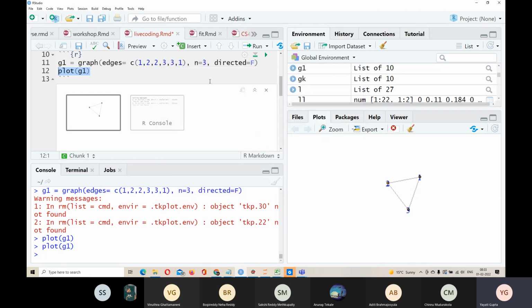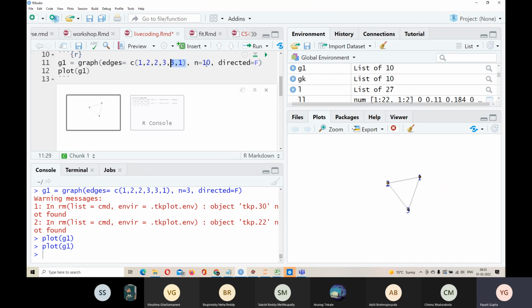Now, what if I make this n equals 10 here? Any idea what will happen? Just a guess. Now I am creating 10 nodes. So n here tells you the number of nodes. By default, the nodes are numbered from 1 to 3, and so on and so forth.